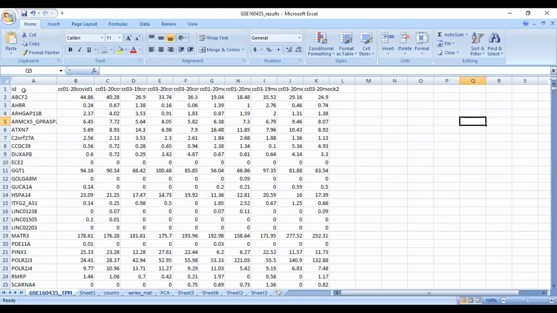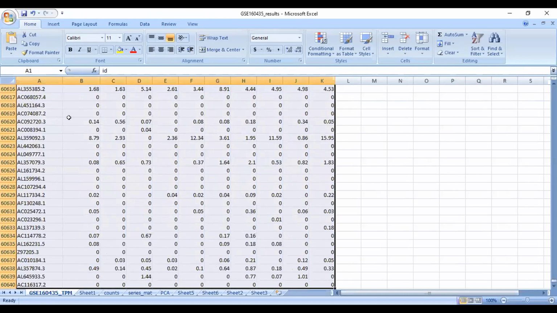What I can do is take this data and save it into a TXT file, which I have already done. This is a simple table that I can save into a TXT file.